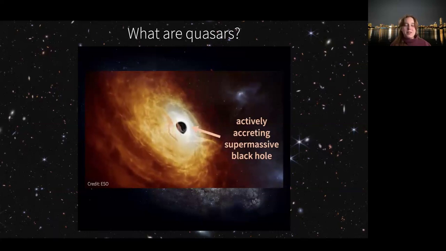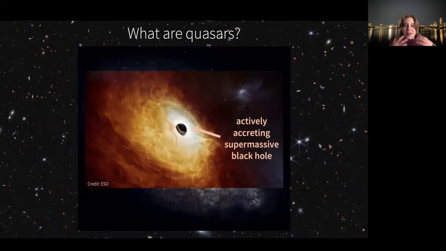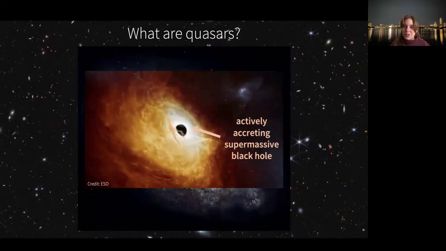And not all supermassive black holes grow actively. Black holes grow by a process we call accretion, which means that they are actively consuming gas. But if there happens to be a black hole that is actively accreting at very high rates, then this is what we call a quasar. So sometimes I'm going to use the words quasar and supermassive black hole interchangeably, but what I really mean by quasar is a black hole that is active and is actively consuming gas, actively growing.